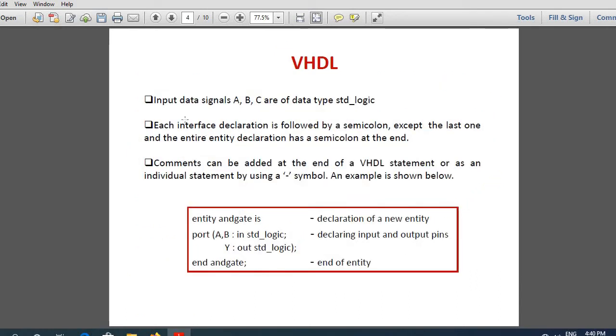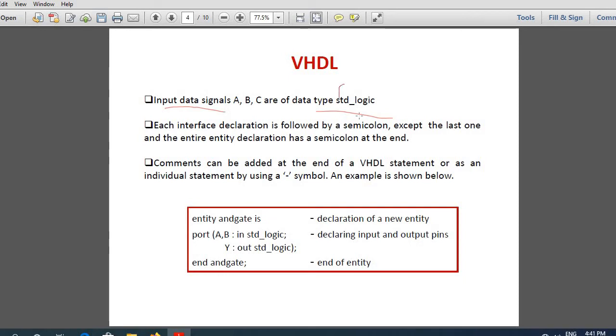Now, as I told you, input data signals A, B, C are of data type STD logic. STD logic is the one which has more than 2 levels. Usually what we say in digital system, 0 and 1. But in the first class itself, I had told you that there can be digital systems with more than 2 levels. Multi-logic systems can be there. So different types of digital systems are there.